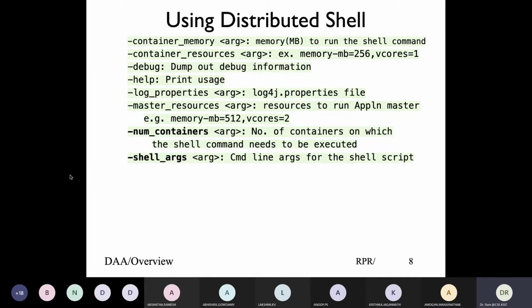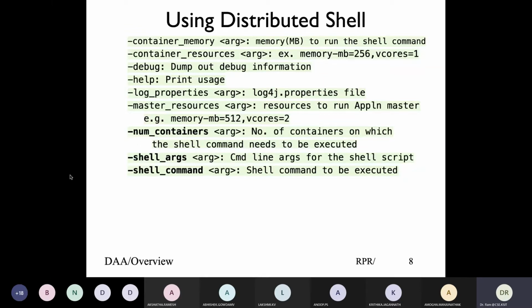Now, when we run the shell, we need to give a shell command, which command you would like to use, for example ls or uptime or pwd, whatever shell command you want to use. And if the shell command needs arguments, then you specify all those arguments through shell args.